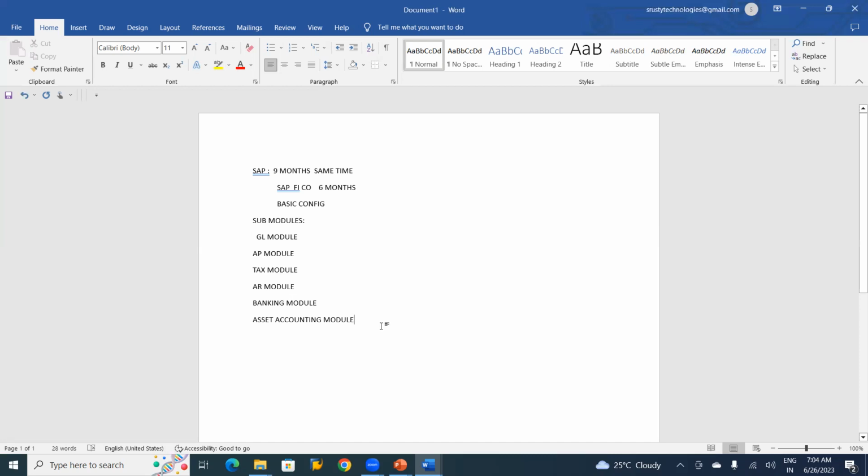And the majority of clients expect consultants who are good at asset accounting. So we are going to stress a little more on asset accounting. Clear? And apart from that, this is our main course in the FI module. And apart from that, after completion of asset accounting or after completion of the banking module, we are going to do other modules, which are not relevant for us, but we need to have a knowledge. Other modules like